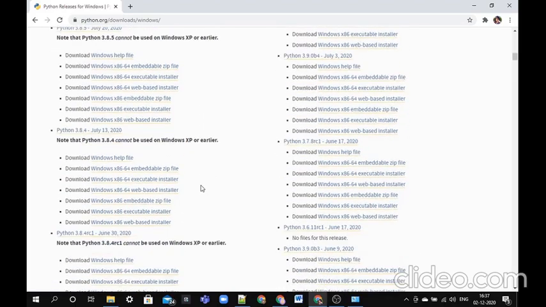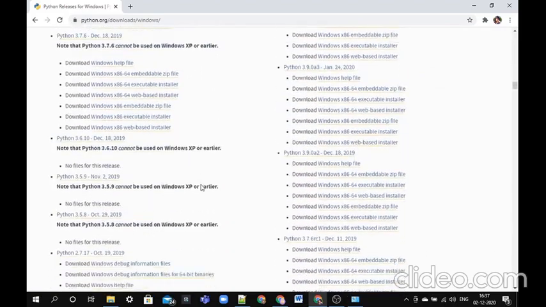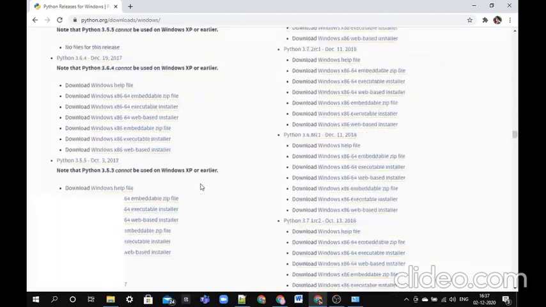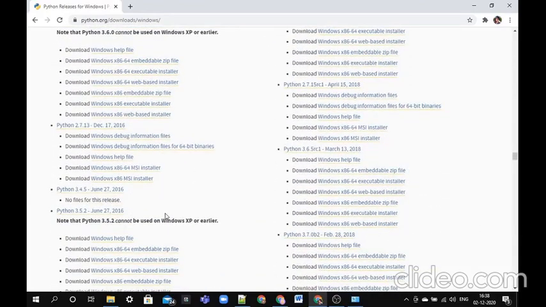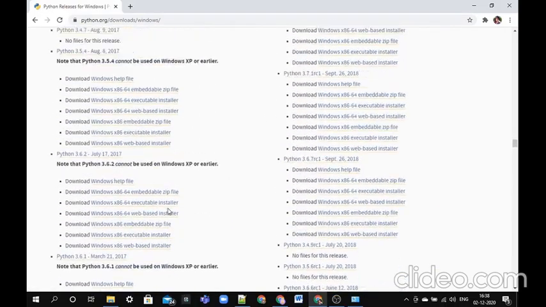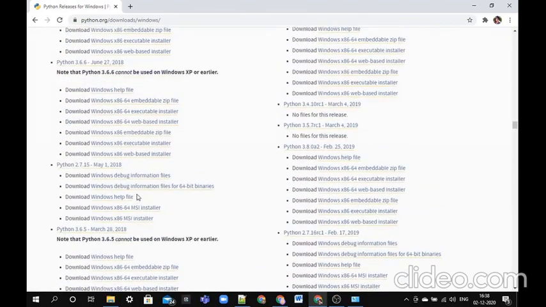So for Windows 7, you should go to May 2018, scroll down, and you will get the option Python 2.7.15, which was launched on May 1, 2018.